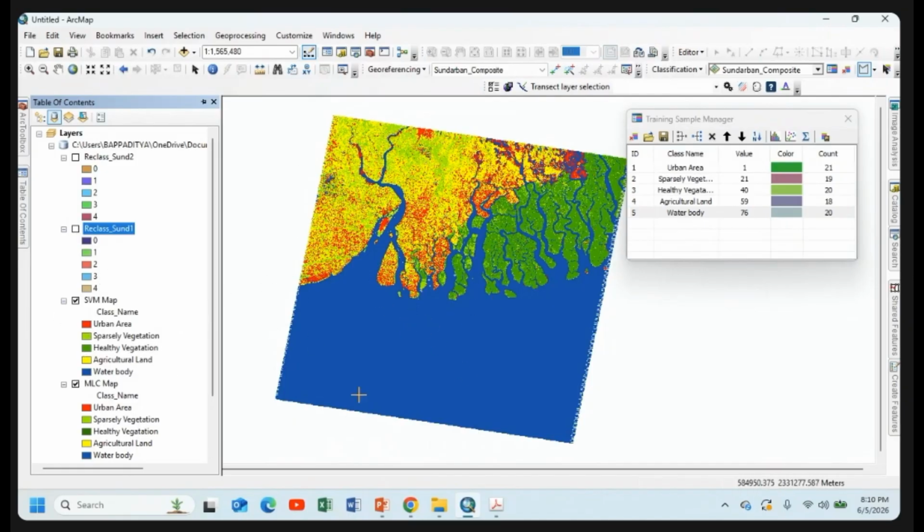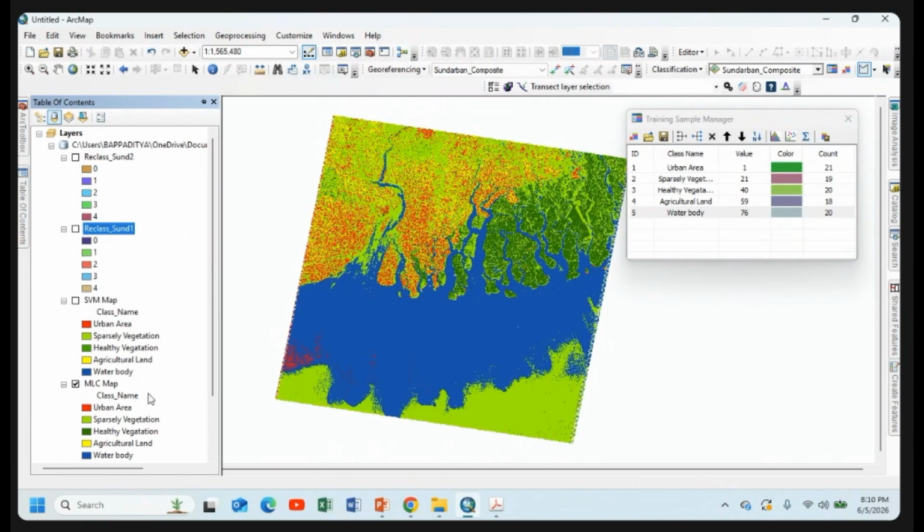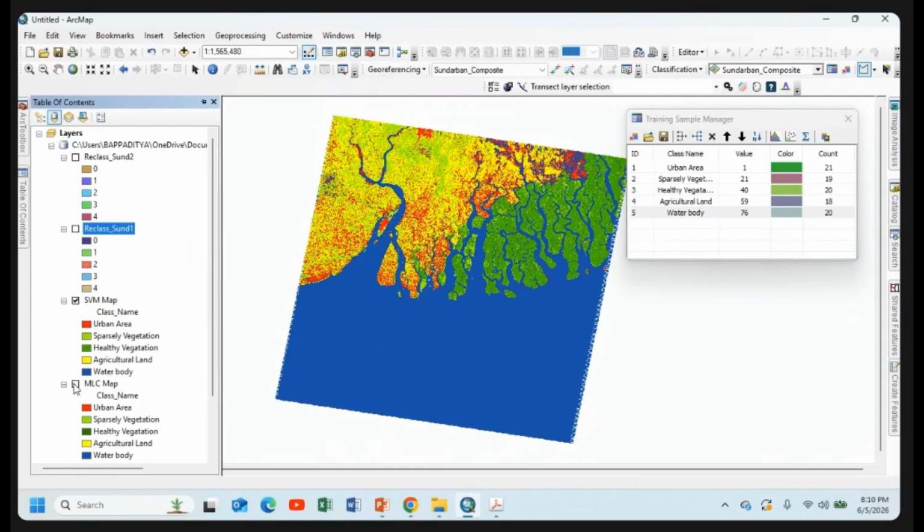The SVM map properly identified the LULC of each feature, whereas MLC does not provide us the accuracy of the land use land cover map. If you go to the Google Earth imagery system to check the accuracy of your LULC map, you can easily identify that these areas are not correct and do not match the exact area. So SVM is the perfect machine learning application for fast analysis as well as for a few number of pixels when you want to generate a LULC map in a precise way. So this is the difference between the two maps of SVM and MLC.